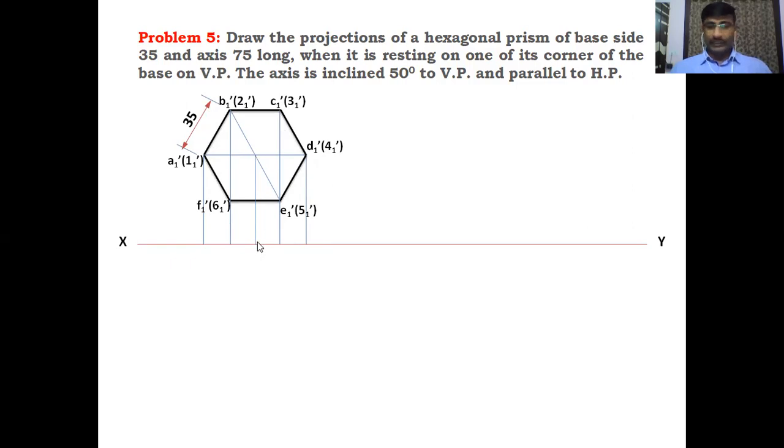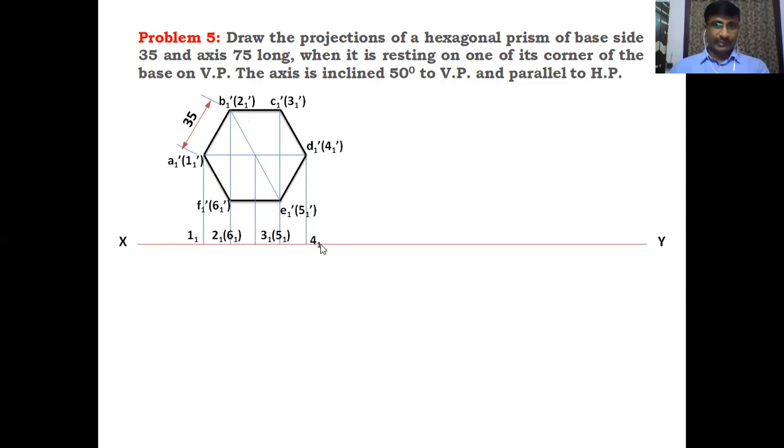Okay. Draw an axis line. Locate these points with the nearer point to the VP as the numbering base. That is 1, 1, which is visible. This point is 2, 1 of 6, 1, because the 2, 1 corner is visible and the 6, 1 corner is invisible when we look from this side. So 2, 1 of 6, 1. And this corner, C1, 3, 1 is visible, 5, 1 is invisible. So 3, 1 of 5, 1, and the last point is 4, 1.